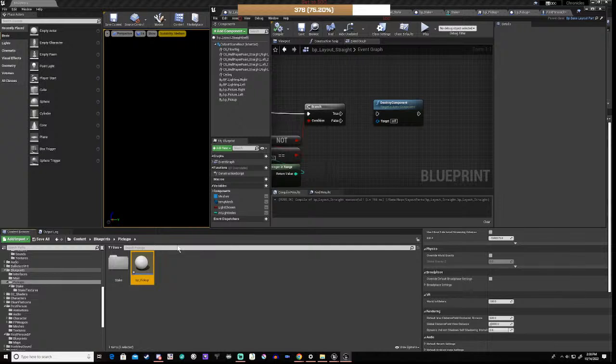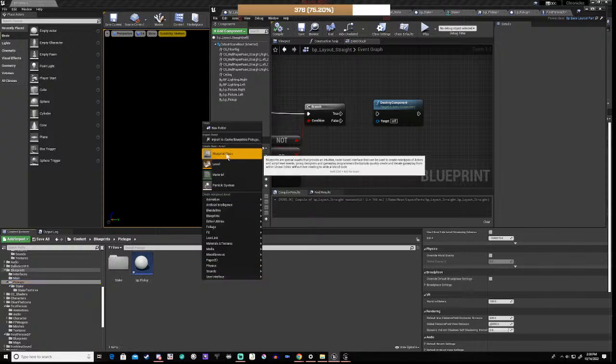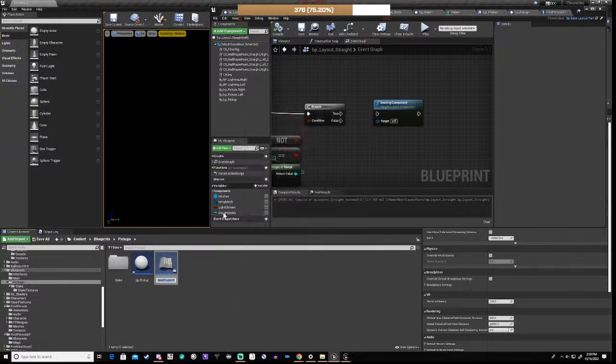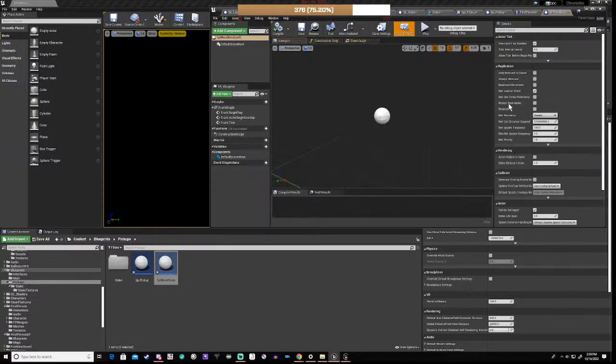What we do is we put it in here, and it's going to be blueprint, actor, and it's going to be wood block. Then we're going to open it up, and we're going to have